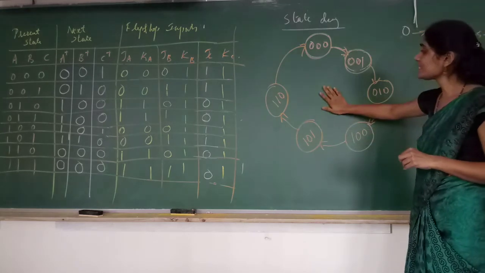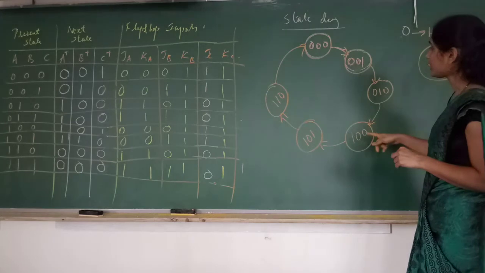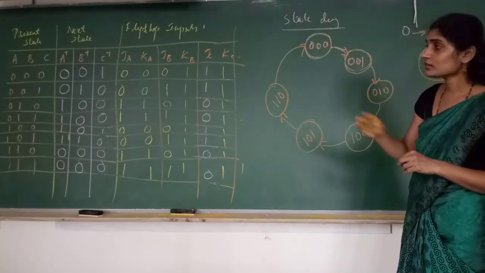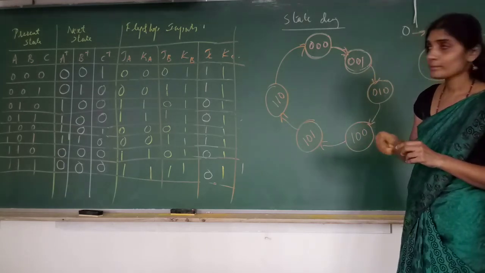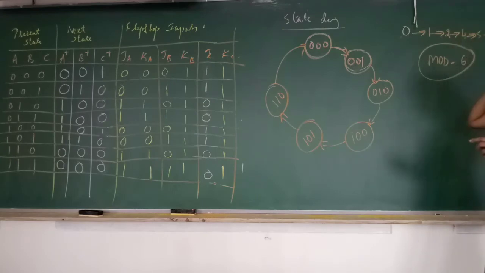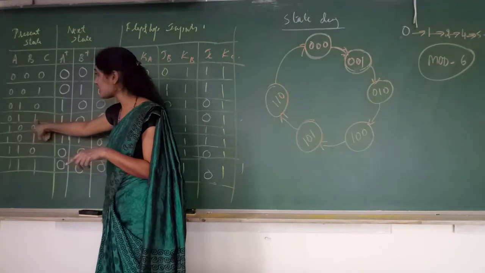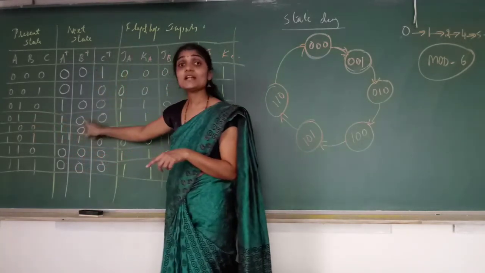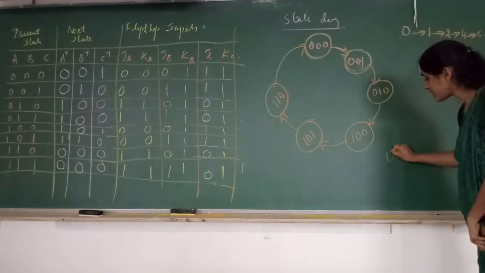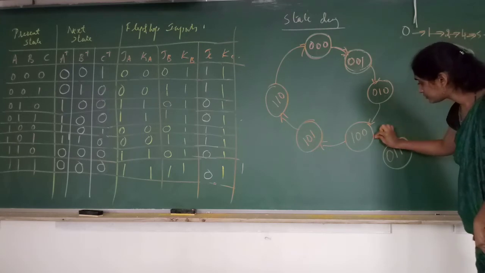As you go on giving the clock pulse, this is the sequence you are going to get. Okay, so to complete this state diagram, one more point. You have got the sequence 0, 1, 2, 4, 5, 6. Two more states we have not written. Which is that? 0 is there, 1 is there, 2, 4, 5, 6 are there. 3 and 7 are not there. If 3 is the present state, what will be the next state? 1 0 0, which is 4. So where do you have 1 0 0? Here you have. So you just write: if 3 is the present state, next state will be 4.